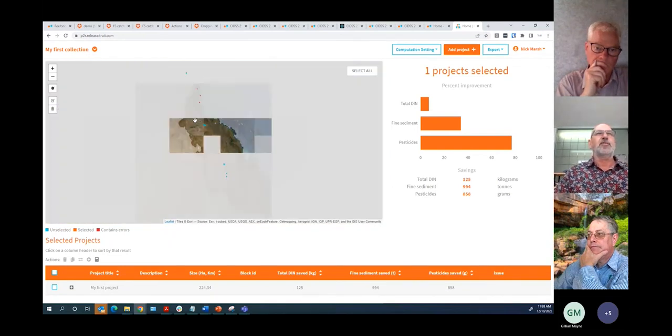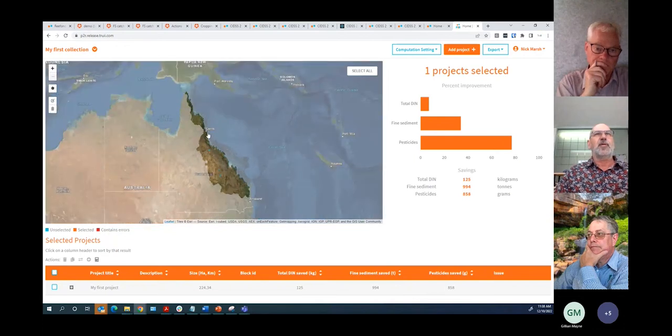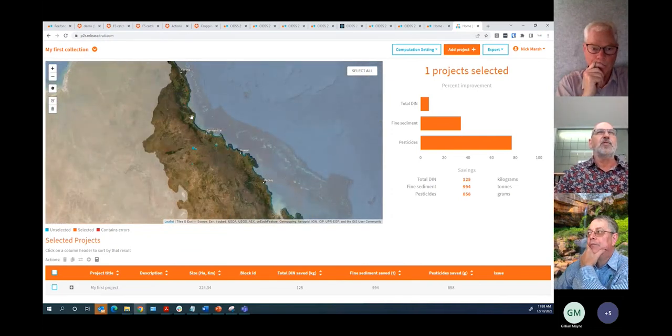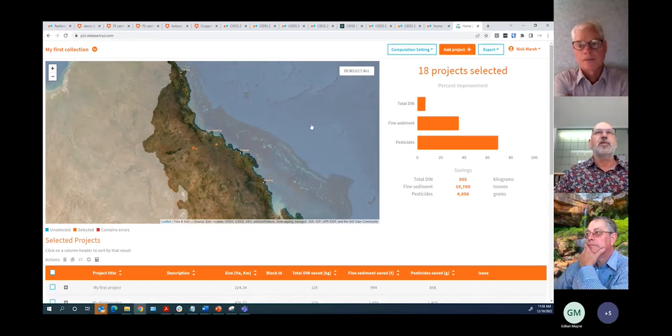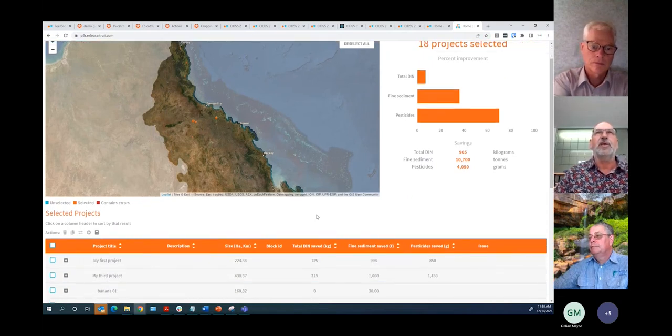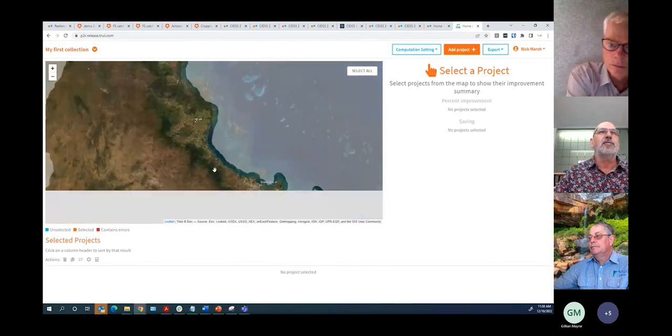Let's zoom out. I'll show you the domain. So we're working across this broad domain. My project collection of where those little dots are spread all over the place. So it's just a little demo. And I can select all of those things. I've got 18 projects in here. There's a total nitrogen, fine sediment, and pesticide savings for that collection of activities. Let's turn them all off again and go and find